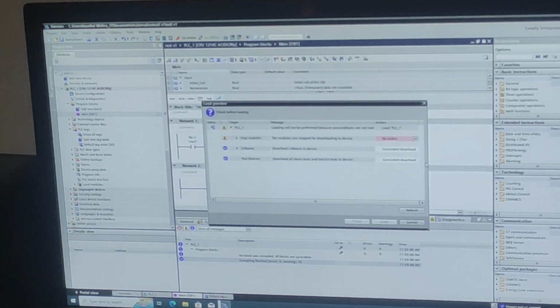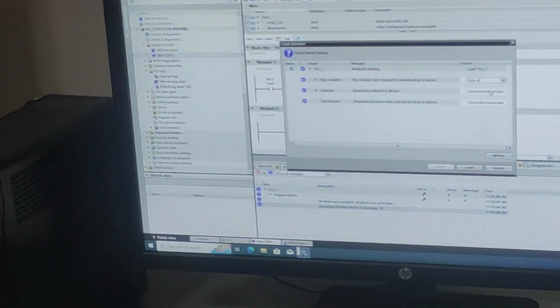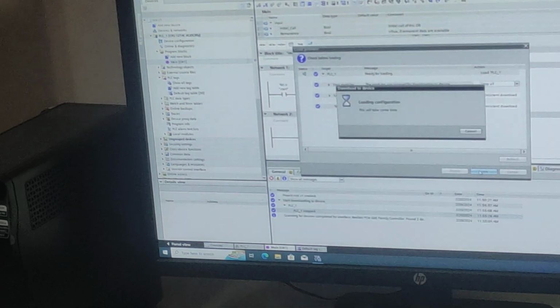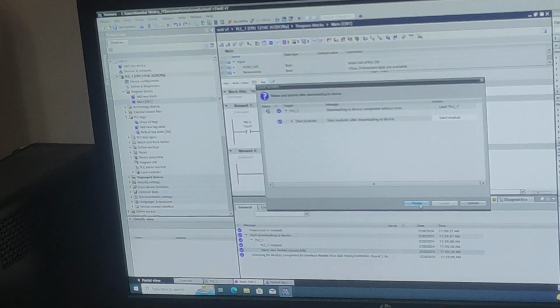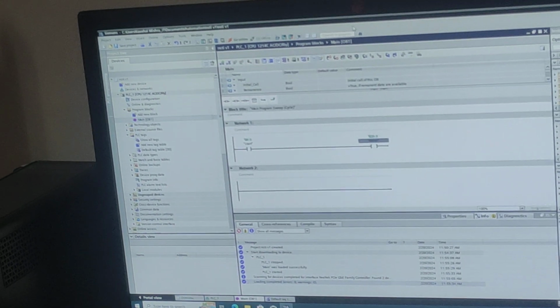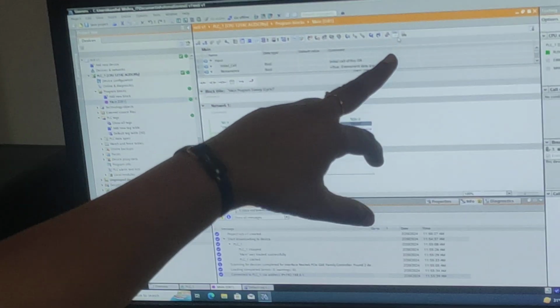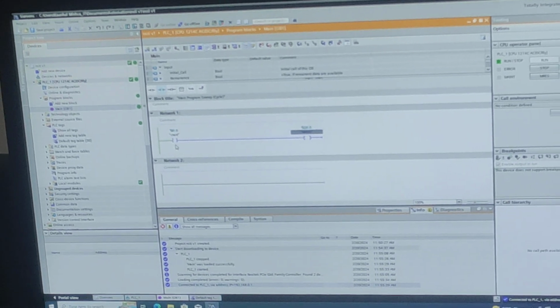Previously, if you have given any programs, they will be stopped. So stop all. The previous programs have to be removed. So load it. Finish. After that, there is monitoring. See here, monitor. When you are doing monitoring, you will get all green things. That means your program is correct. Click the glasses icon for monitoring.